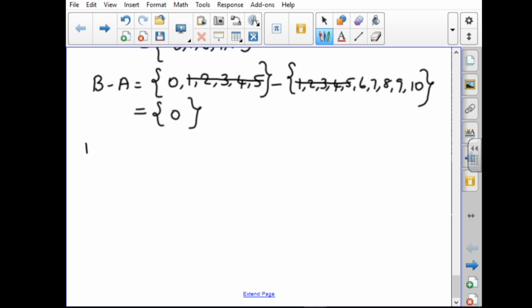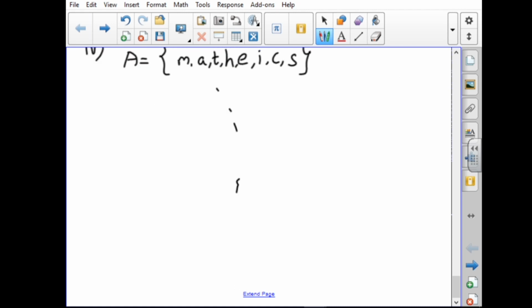Then fourth one, first one, a is equal to set of all letters in the word mathematics. In mathematics, what are the letters there? You can write M A T H E, again M is repeated and A also repeated, T also repeated. No need to write again. So E, then next one I C S. Already I told you in set, no need to write the repeated letters.